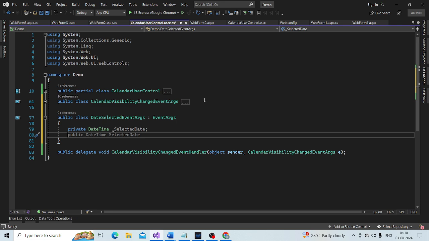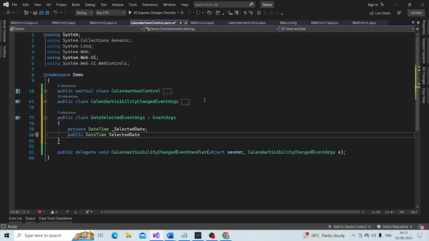Obviously, to expose that private field to the external world we need a public property. So I am going to create another public property with the same name, SelectedDate with capital S, and that is going to expose this private field.